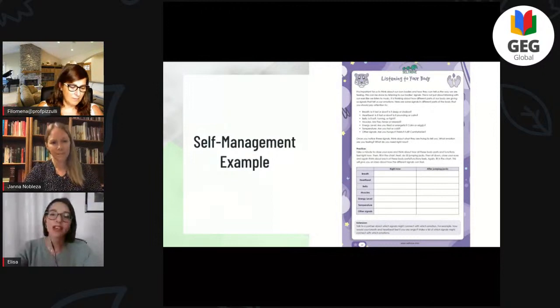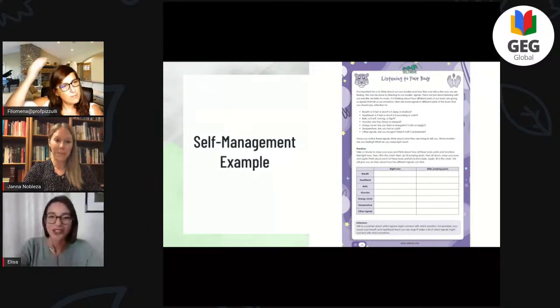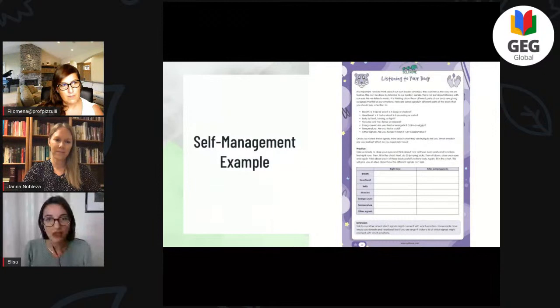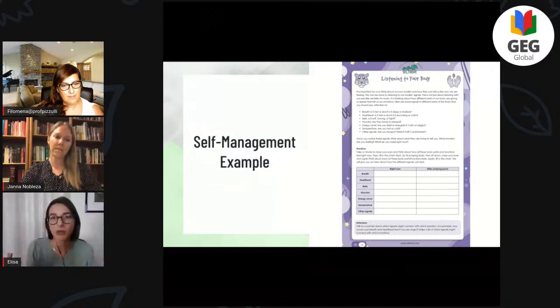And this is an activity about listening to your body. Now, the way this is structured is for kids, but you can just adapt the language and use it with your older students if you want to. And this is just an activity that helps you recognize what your body is telling you. So, what are the signals? Is your temperature rising? Is your heart pounding? And what happens to your body when you're in different situations? And how can you listen to your body? And how can these signals tell you something and actually help you to identify what is going on?